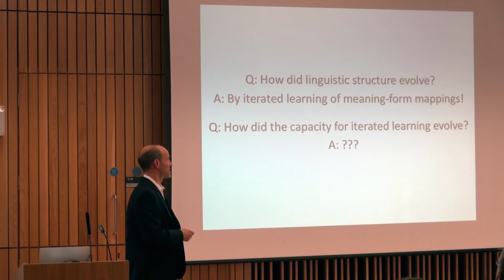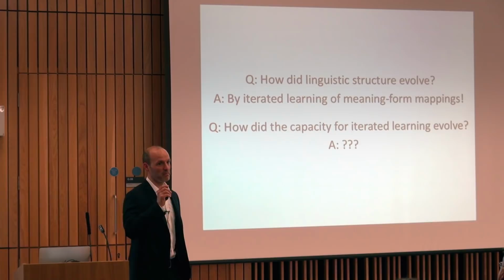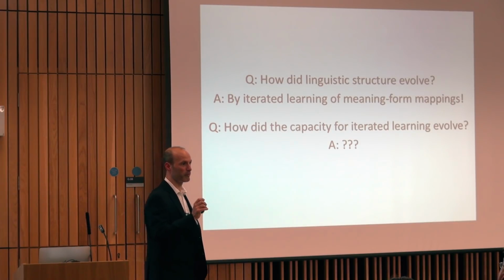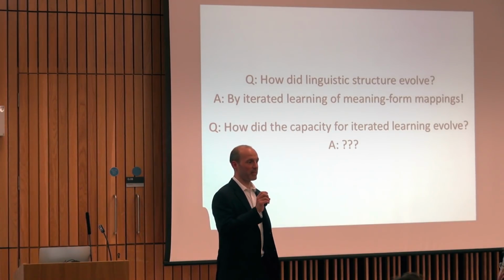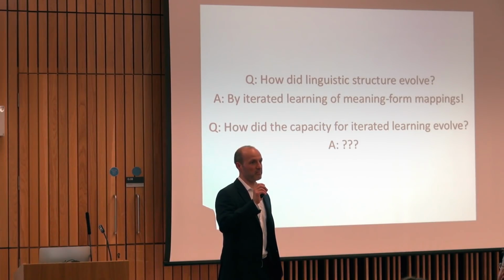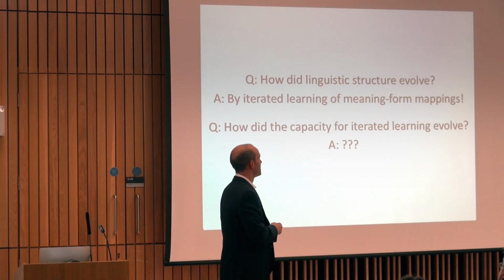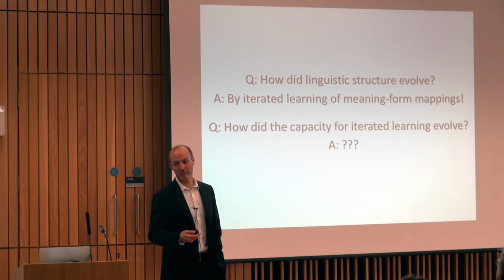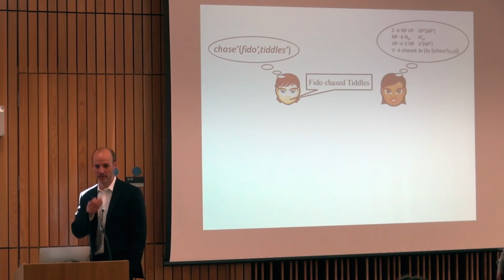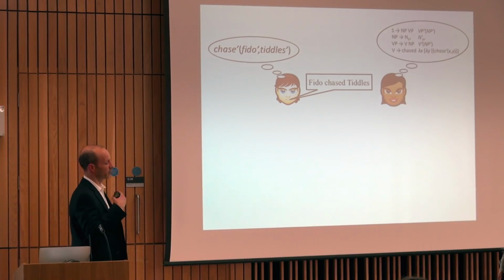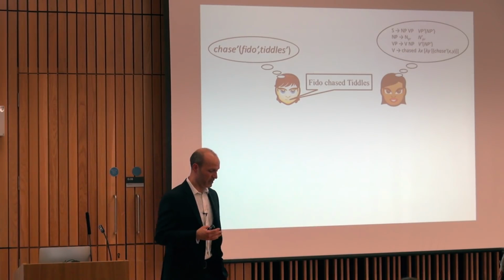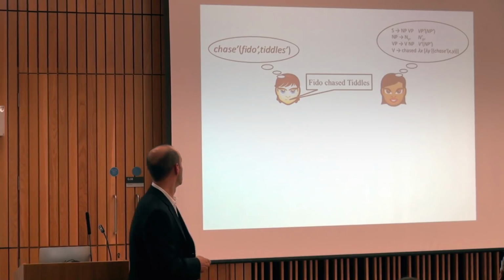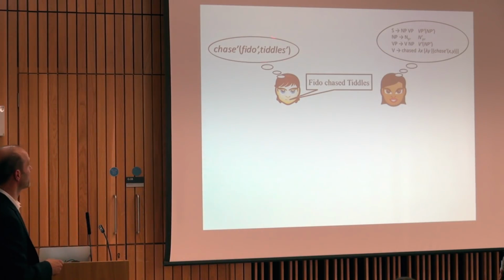Okay, so this is something that people are working on, but I think the experimental and computational work we've done using the iterated learning paradigm enables us to make some sensible guesses about what the answer to this question should look like. This is more speculative, but I'll tell you what I think about that now. Okay, so all of these experiments involve transmission of a language from person to person. And that transmission process looks something like this. An individual has a concept in their head, a meaning that they want to convey. In order to do so, they produce some linguistic form, say some sequence of words.